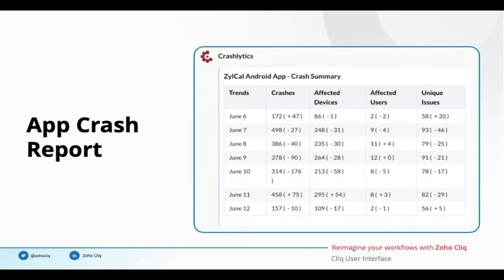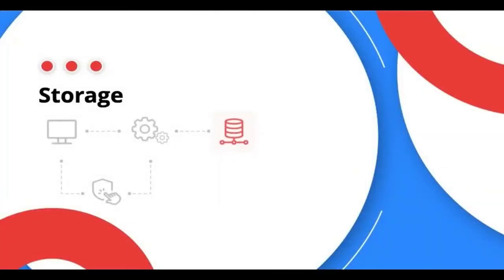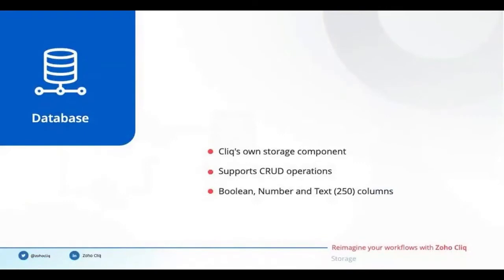The next entity in our software architecture is storage. When apps start to communicate with each other, they need to store the user data somewhere in the backend. Online cloud storage databases might come to your mind as a solution. However, we wish to eliminate the need for these intermediate servers. Hence, we supported databases right within our tech stack. Click supports CRUD operations in these databases similar to any other database. CRUD is nothing but an acronym of create, read, update, and delete. Fields supported in our databases are Boolean, number, and text fields.